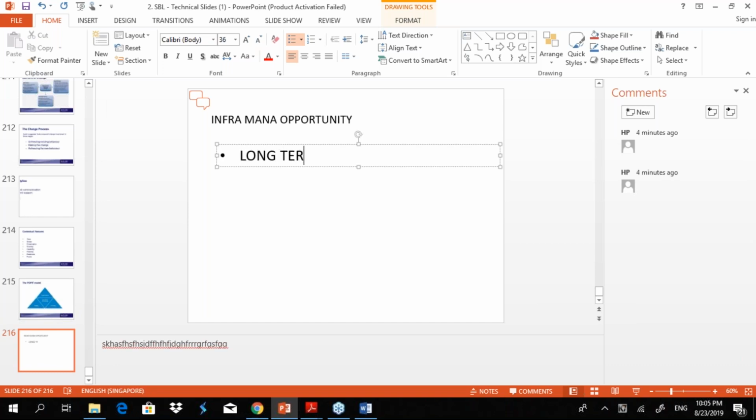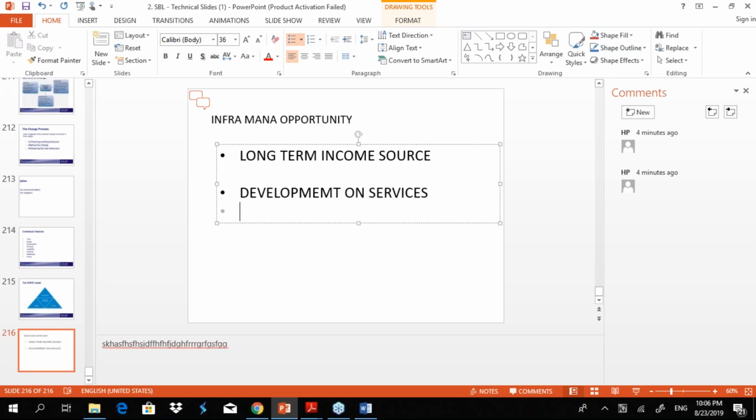You can say long-term income source. Also further development on services.